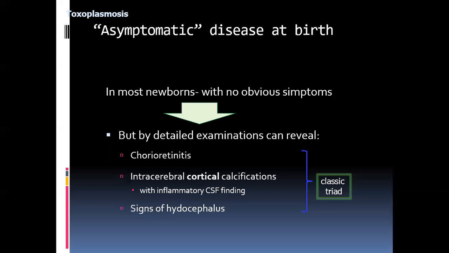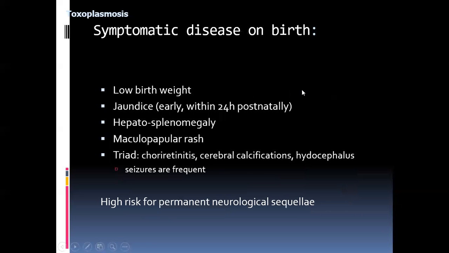but on detailed examination, they can reveal first of all chorioretinitis. उसके बाद they can produce intracerebral cortical calcifications, along with inflammatory cerebrospinal fluid and the signs of hydrocephalus. So that is symptomatic disease at the time of birth. Most probably they develop low birth weight. तो symptomatic डिजीज में low birth weight babies होंगे, ठीक है।